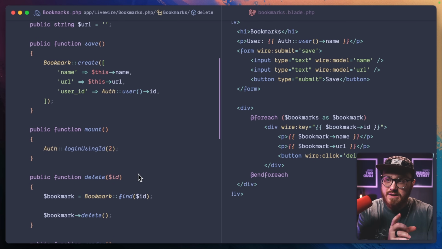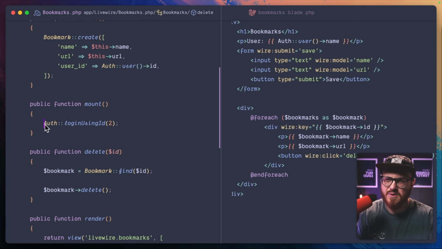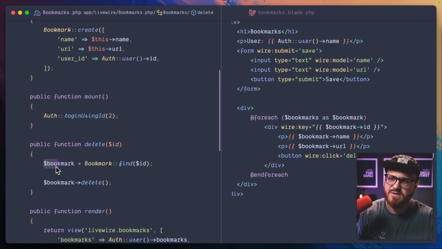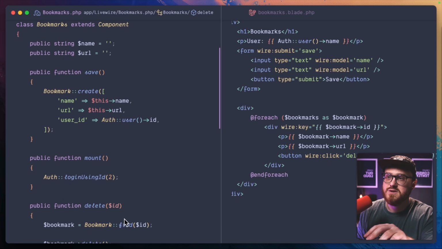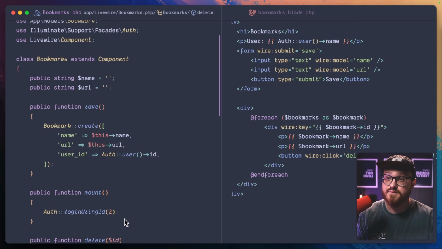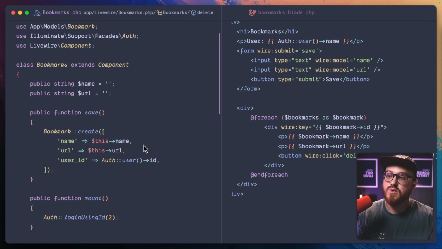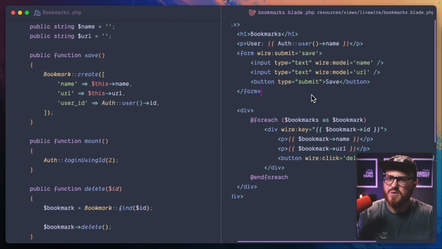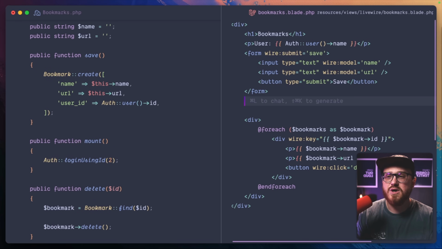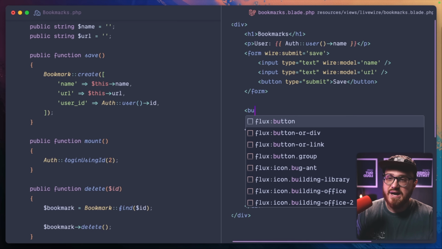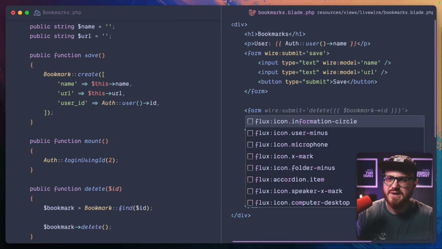So within our Livewire class, we can call any PHP, any Laravel code over here. We've already done some of it. I mean, we have this auth login user, we have our ORM, we have Eloquent queries. Anything over here is server-side PHP Laravel code. So some of these things can take a little bit of time to run. For example, let's just say, okay, we have all these bookmarks. Let's just ignore the word bookmarks, but what we want to do is create another form here,